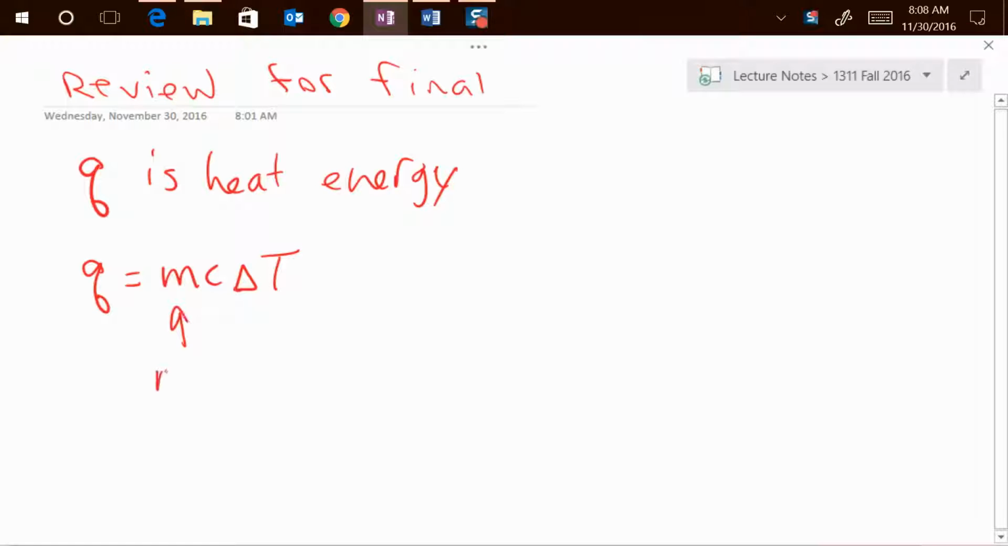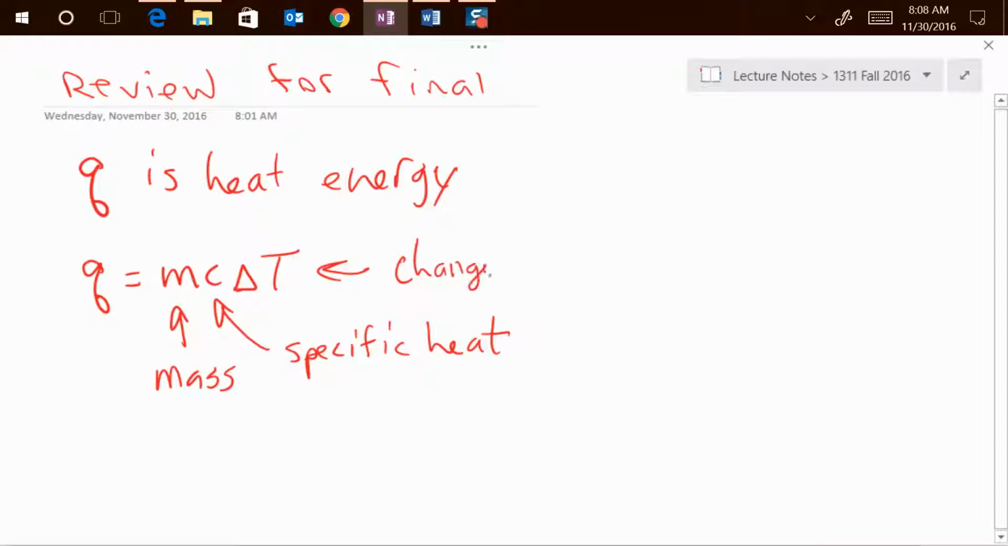M stands for the mass, C stands for specific heat, and delta T stands for change in temperature, which is T final minus T initial. Okay, so